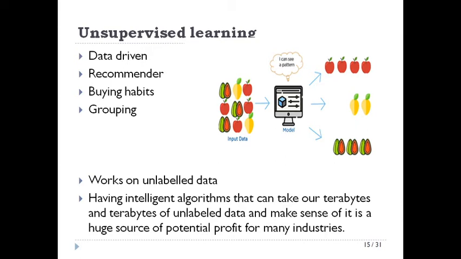They might show me some type of stones, because they know that if a person is buying X item, then it is around it might buy some other items also which are there in that structure which the algorithm has found out. So recommender systems, buying habits and groupings, it all works hand in hand. And as you can see in the diagram, we have input data. We have lots and lots of apples, pears, oranges, lemons. We give it to the model and the model says okay, I see a pattern.